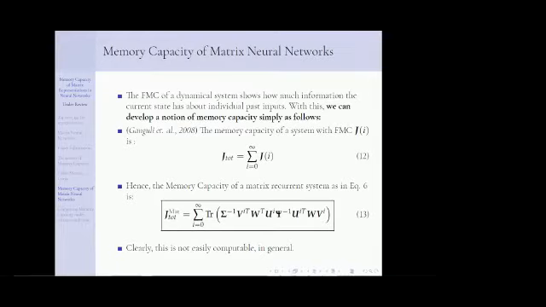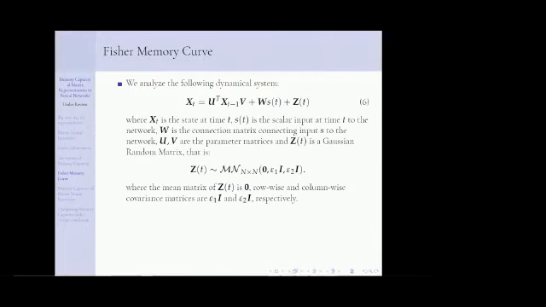Now, before answering whether we can calculate all this or not, let me bring you back to the question that we had in the start. We wanted to compare the memory capacities of these two networks. The network in equation 6, which dealt with matrix representations, but we never actually introduced a similar analog. Let me go back to equation 6. So we have so far completely defined what we mean by the memory capacity of a recurrent system as in equation 6. But how can we compare it to a vector system? We don't have any vector system, and I did not introduce a similar vector system. So that's what we do now.